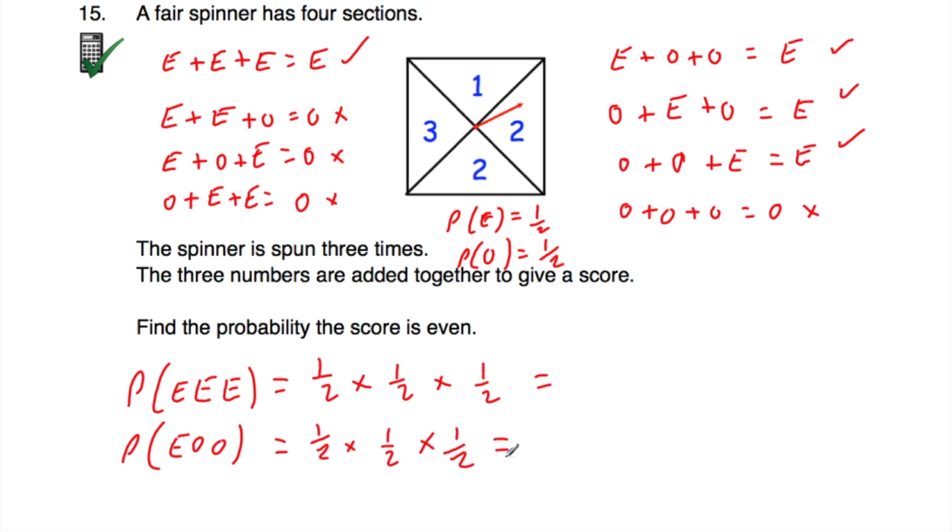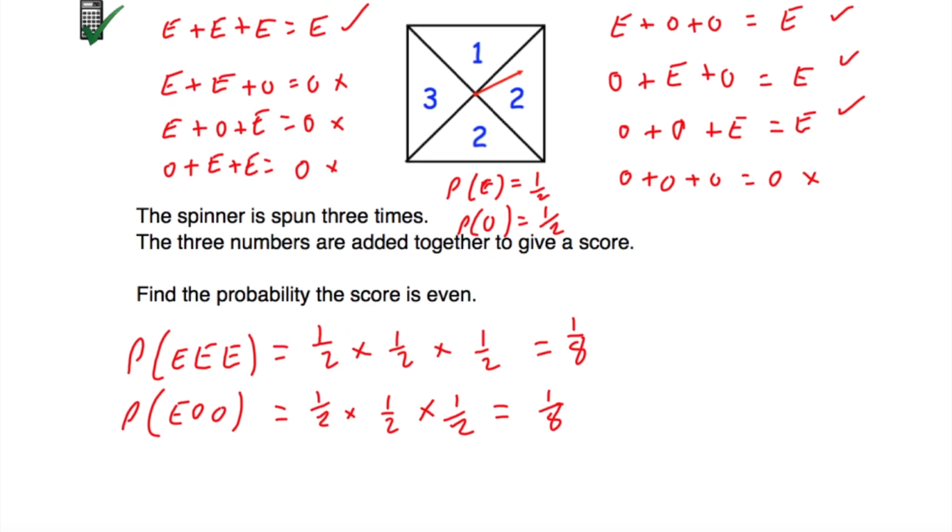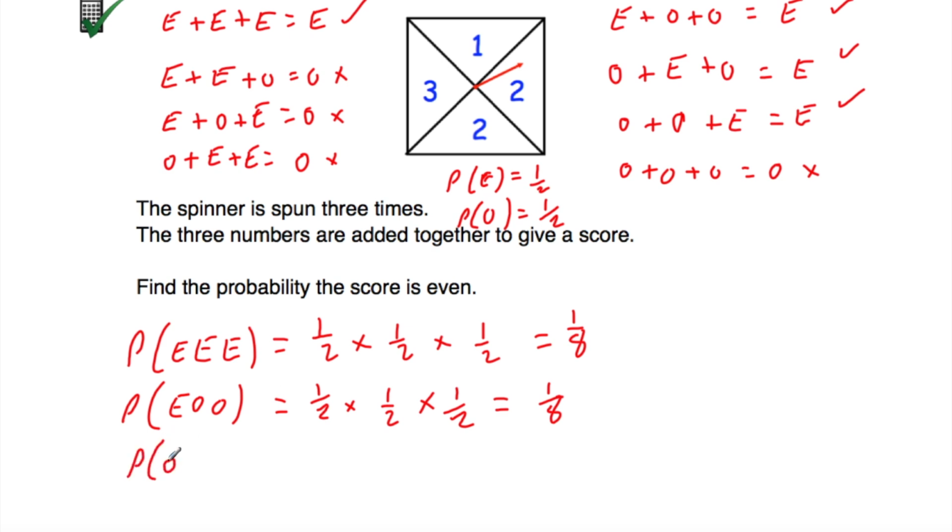So, and then that would be our answer. So let's actually work these out. 1/2 times 1/2 times 1/2 is an eighth. 1/2 times 1/2 times 1/2 is also an eighth, because 1 times 1 times 1 is 1, and 2 times 2 times 2 is 8. Okay, so we found those ones, and then we need to find the probability of an odd, an even, and